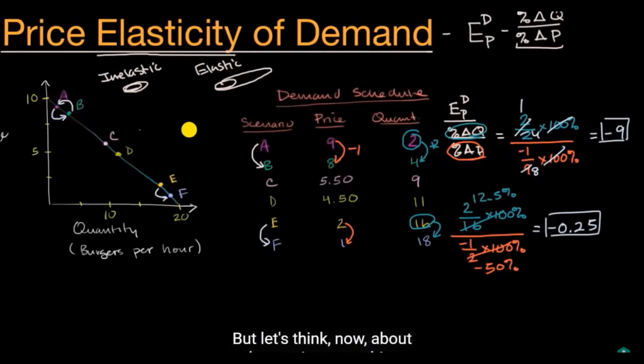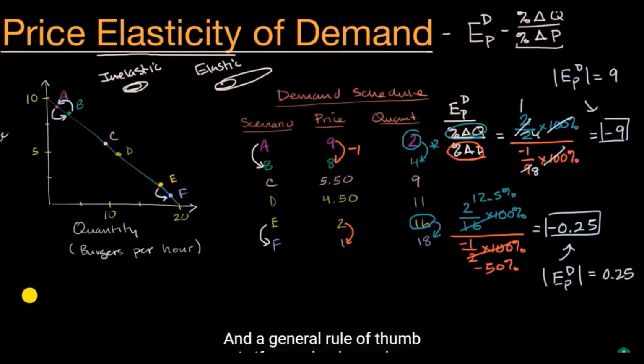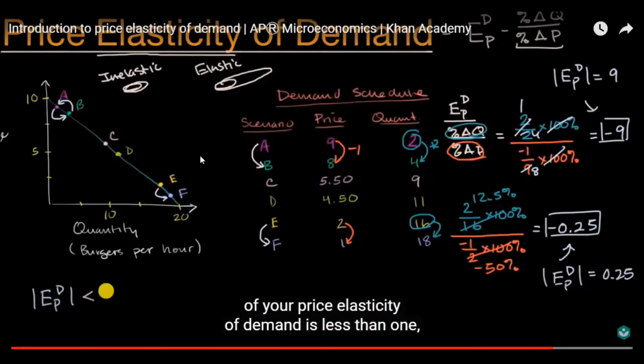But let's think now about how to interpret this. The best way to interpret it is to think about the absolute value of the price elasticity of demand. So over here, the absolute value of our price elasticity of demand is equal to 9. And over here, the absolute value of our price elasticity of demand is equal to 0.25. A general rule of thumb is if the absolute value of your price elasticity of demand is less than 1, you are dealing with an inelastic